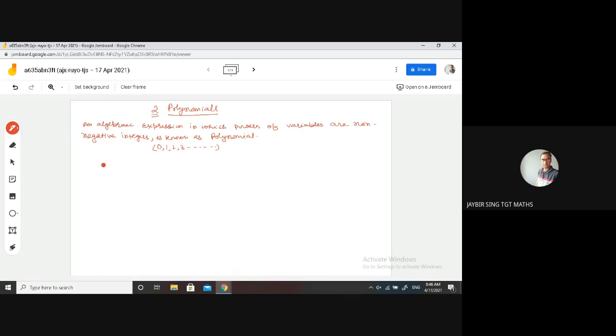Like if we are checking x square plus 7x plus 9, is it a polynomial? You can say yes, this is a polynomial because of the powers of all the variables. Here the power of the variable is 2. Here the power of the variable is not visible, it means it is 1. So yes, it is a polynomial.